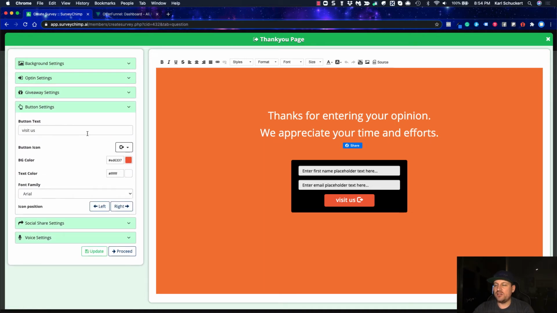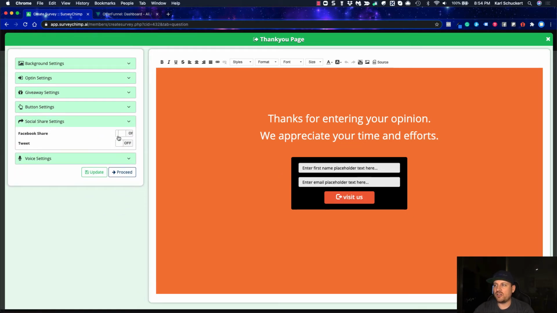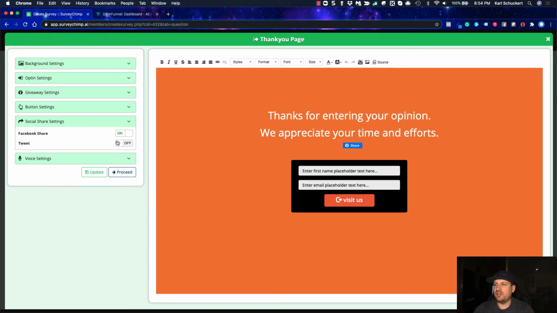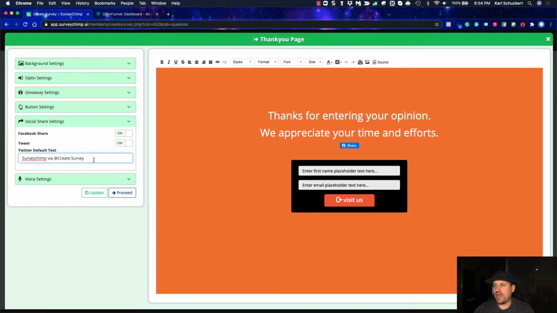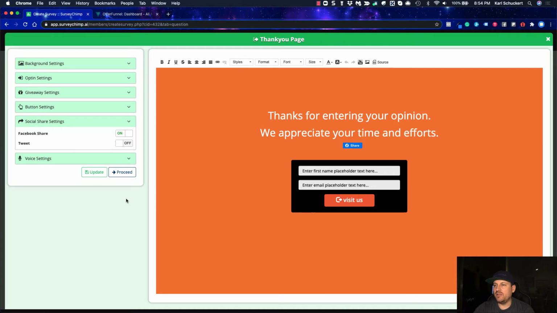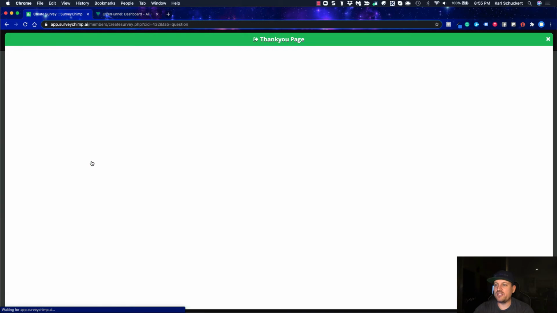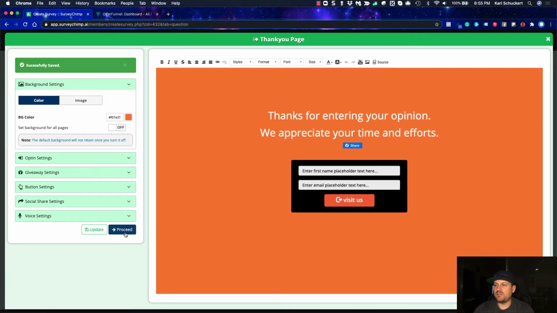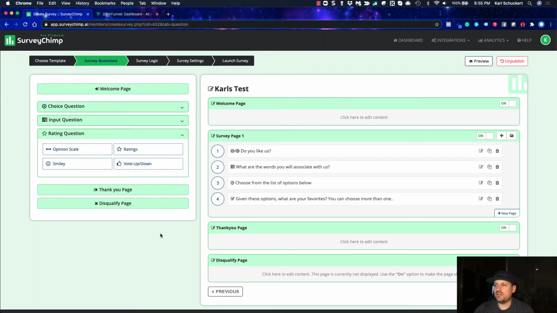Button settings, you can change the button colors, you can change the icon that's on the button, you can change where the little icon shows up, and then you can also do social sharing. So right there, you got the Facebook one, and you could do the Twitter one, but you just got to use the @ sign there, I believe. And then you have the voice settings as well, text to speech. Not 100% sure on what that is, so you'll just want to make sure to read up on their sales page about that. And then when you're done, you want to hit update or save. Typically, it's probably save if you're first doing it. There it is, and you're done.